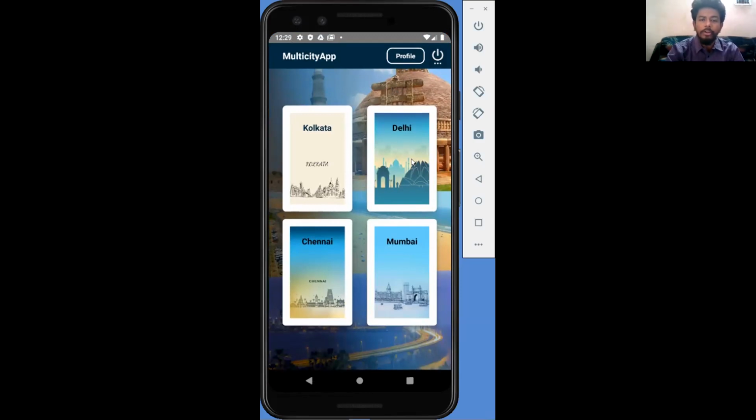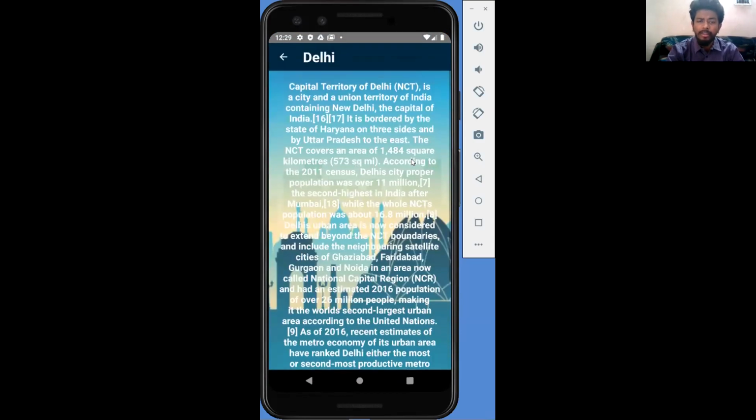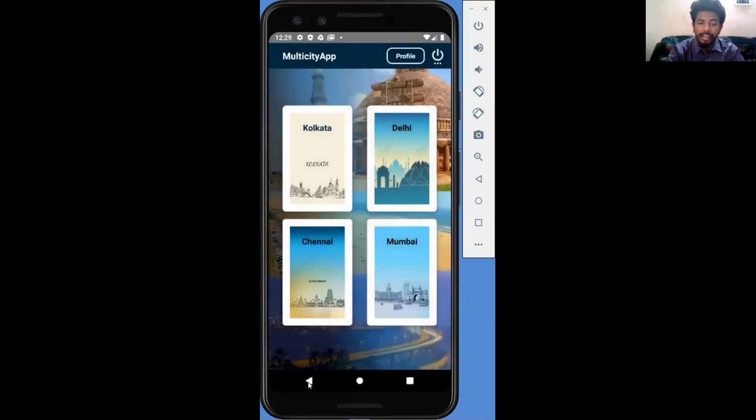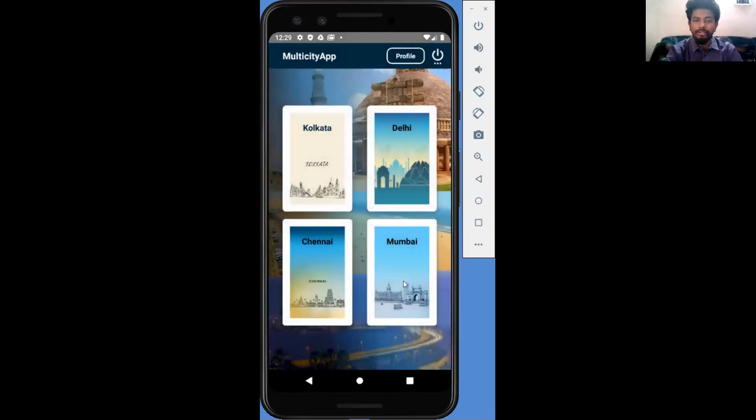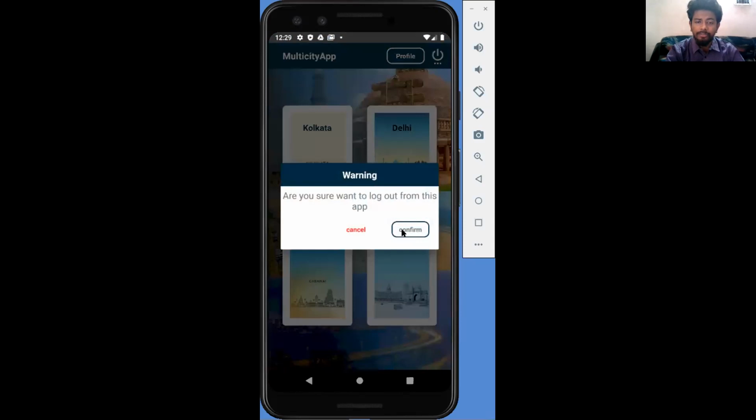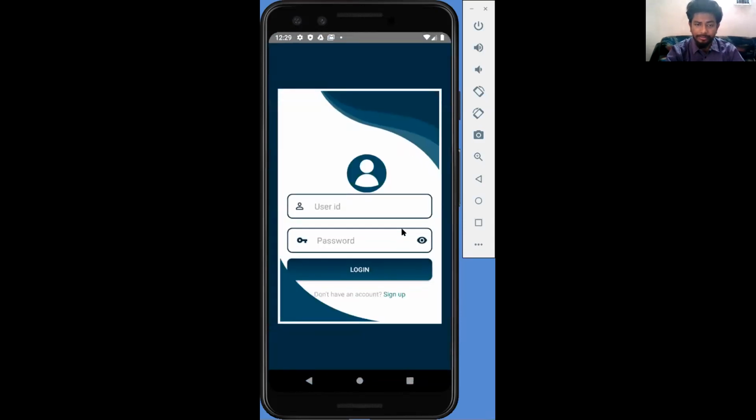For example, if I click on Delhi, it will show me what Delhi is famous for and what the places to visit are. And if I click on Chennai, it will show me what Chennai is famous for and what the significance of Chennai is. And once the user is done with the application, I directly put a button here for confirming and going back to the normal page.